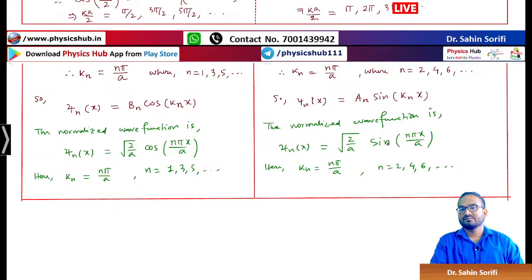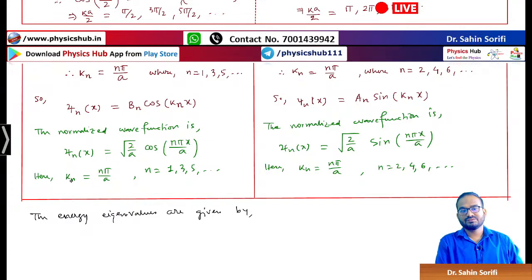So you see the ground state is even, because cos function is even function, sin function is odd function. So ground state is even, first excited state is odd, second excited state is even, third excited state is again odd and so on. But the interesting part is the energy eigenvalue is remaining same. The energy eigenvalues are given by,